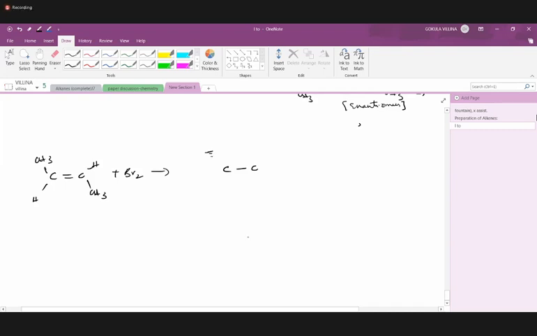Away from the plane we have CH3, and on the plane, solid wedge and dash, we have CH3. This means one CH3 is above the plane and the other is below the plane, which means one is away from the viewer and the other CH3 is towards the viewer. So the bromine will be added one over here and another one over here. So we have a solid wedge hydrogen, and here you have this hydrogen.